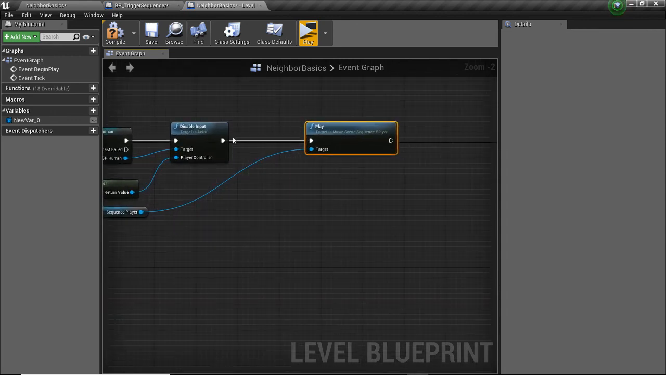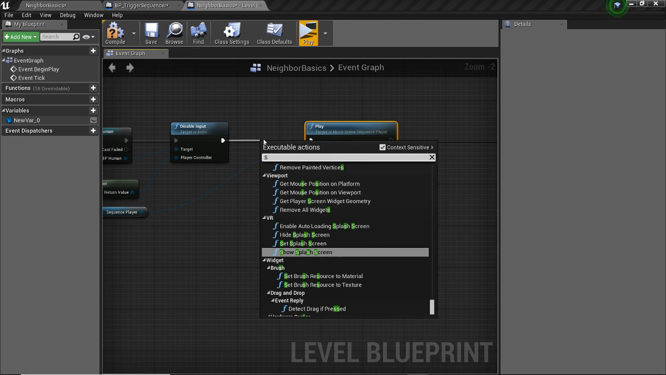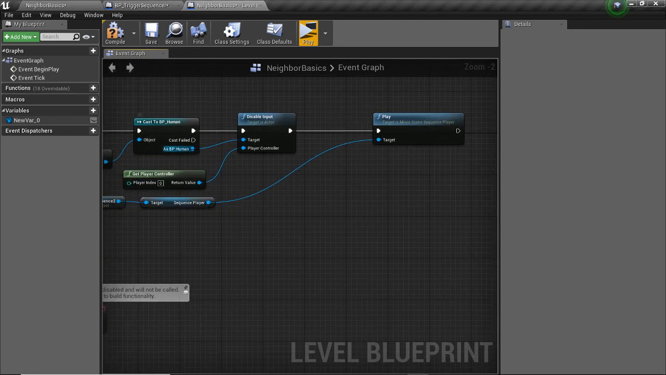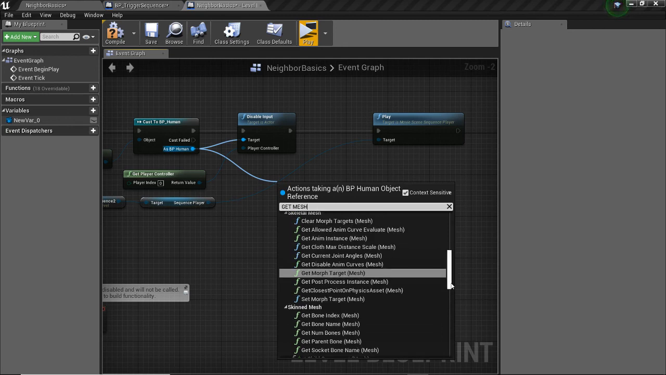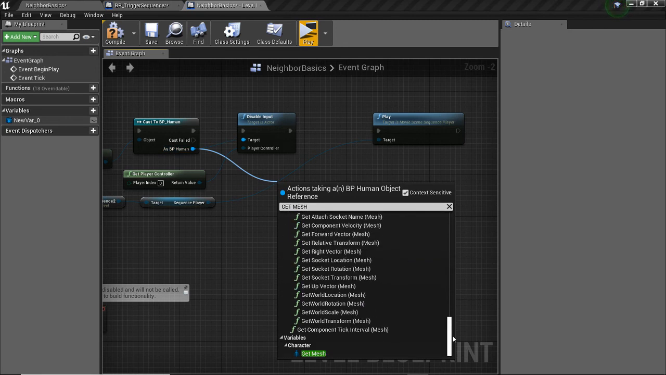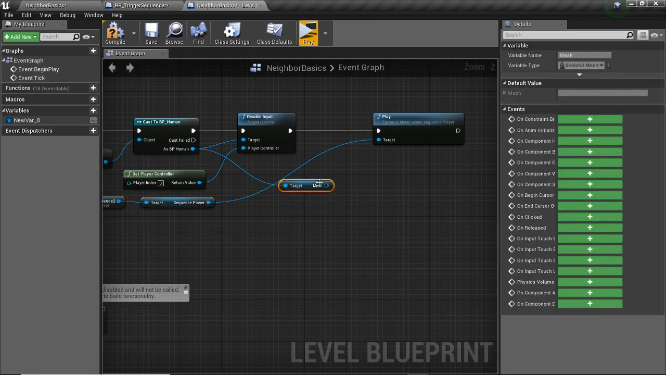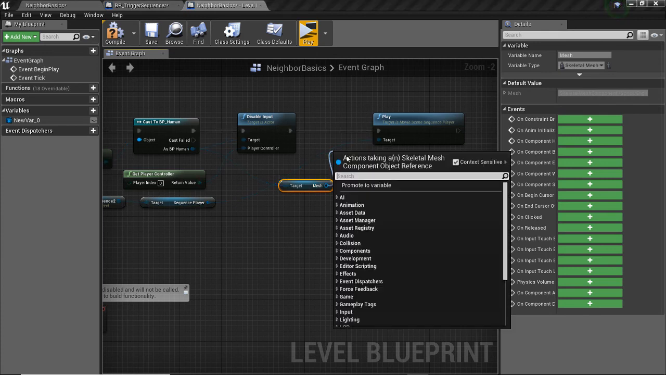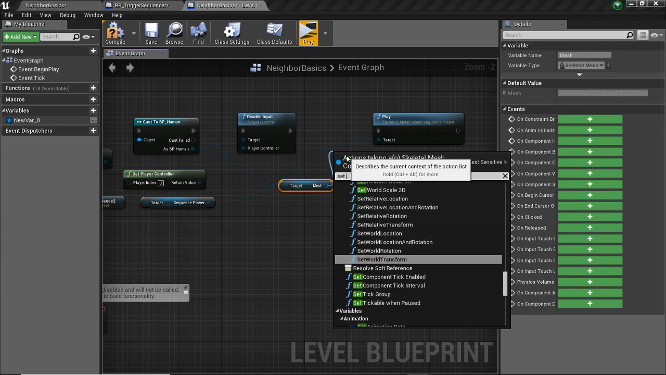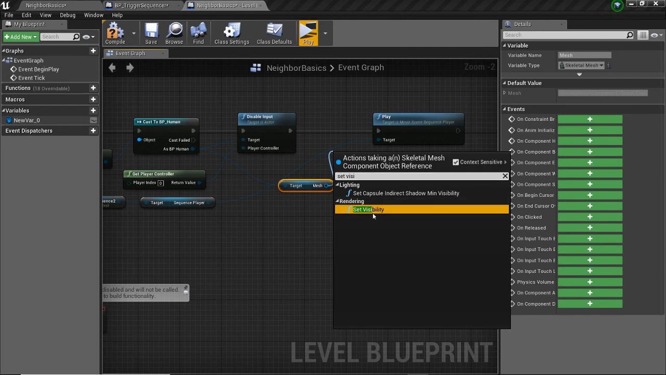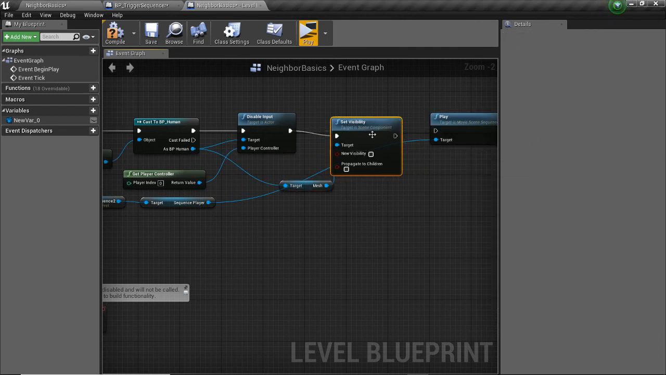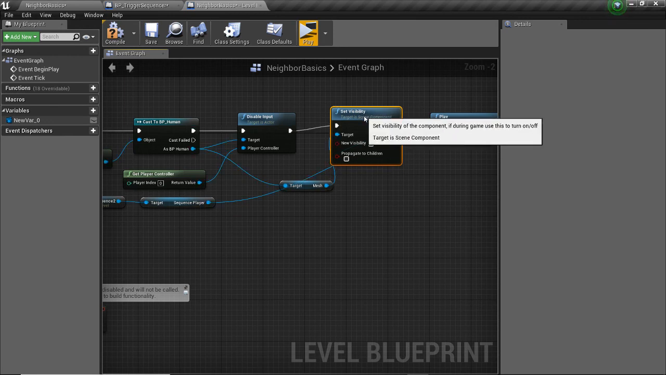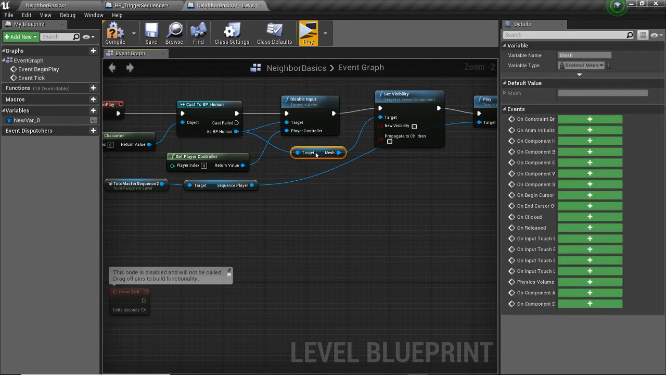Now pulling off of this guy, let's get mesh, and it'll be the last one right here, get mesh. And then if we pull off of here, we can set visibility and connect these two in. So now when we press play,